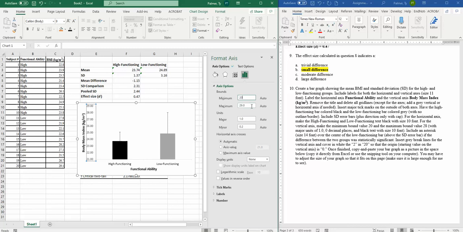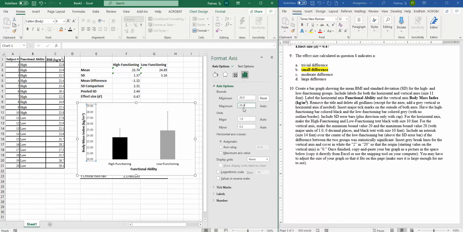Okay, that looks good. And then again, remember my data is different than yours. And so I'm actually going to keep this maximum where it is at 29. Again, notice in the instructions it says maximum bound value 28. I don't want to do that because if I do, then that could potentially cut this off, and I don't want it to cut it off from my graph. I want to be able to see everything in my graph in its entirety. And so for my graph, for my data in this video, I'm going to keep the maximum bound value at